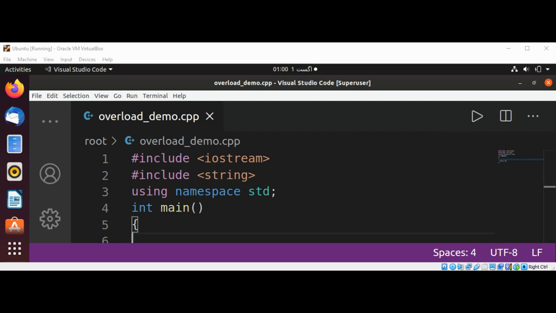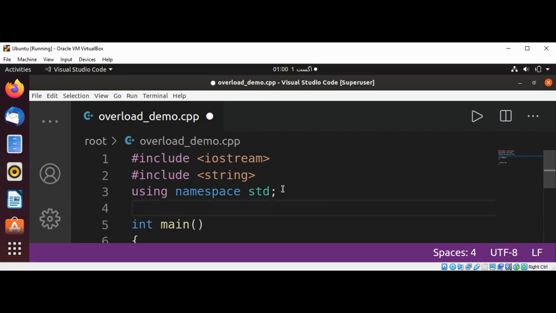Over here, before main, I'm going to define and implement our division function, div, and it will take two parameters